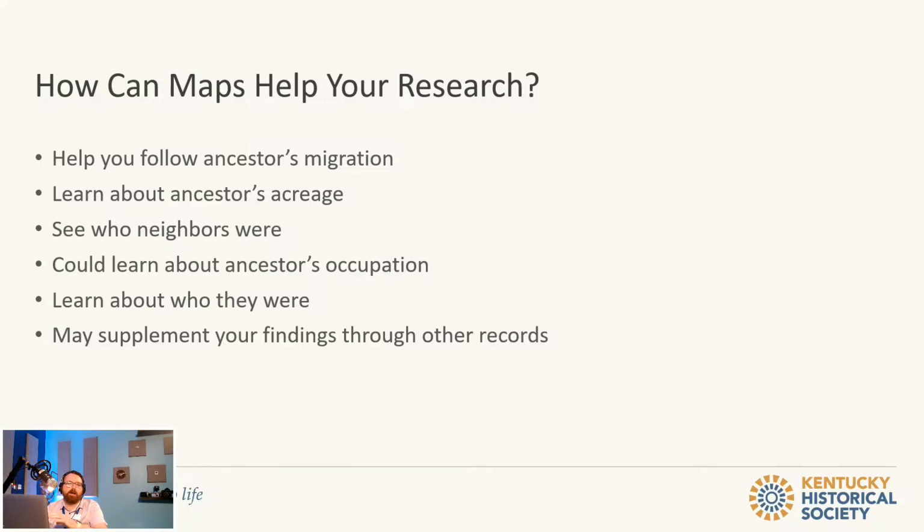especially if you can find maps that are chronological. If you're looking at Henry County and you see a map for 1882 and you see your ancestor living there, and then you also see them living there in an 1883 map and maybe an 1884 map. I'm not entirely sure how frequently some of these maps were made, unfortunately, but even if it's a 5-year gap, and you don't see them in that same location in a Henry County map 5 years later, well, then you might want to look at